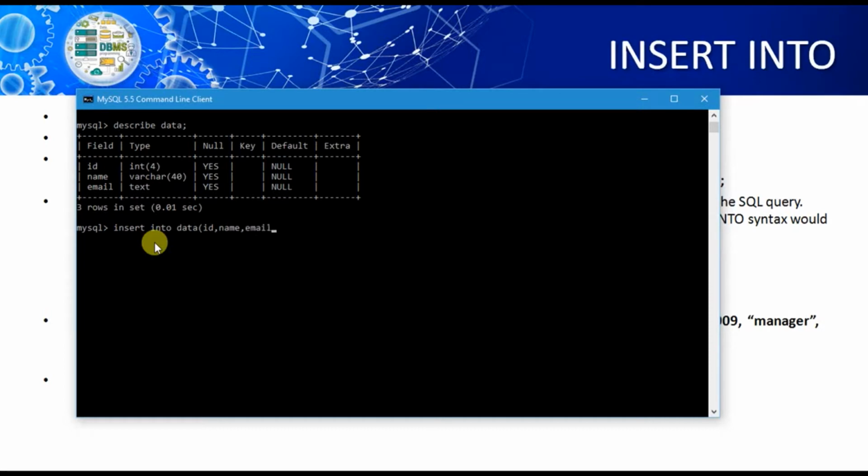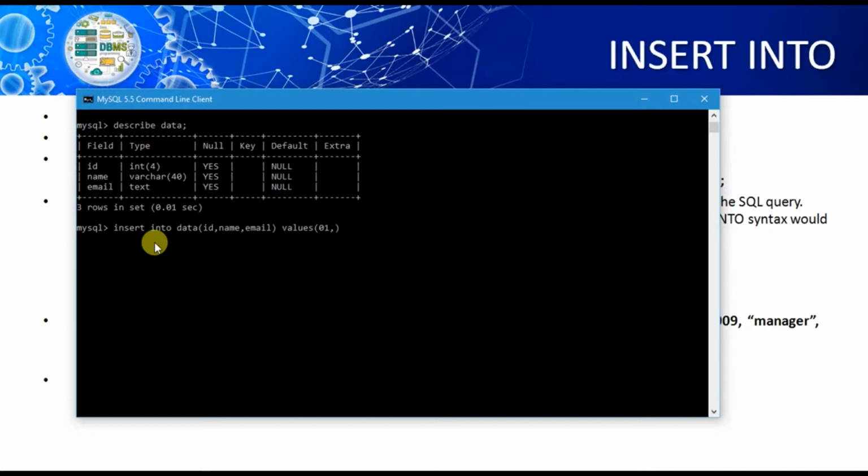Now write the values keyword, and after that enter the values according to the column names, in the same sequence as we passed after the table name. As I passed ID as the first column, I am passing my ID 01, because it is an integer type column.